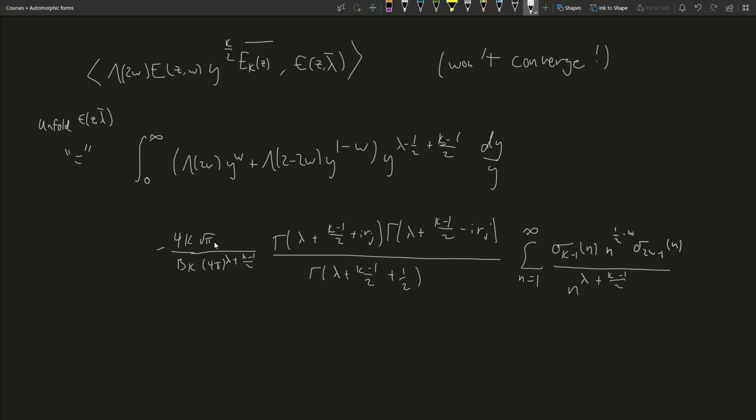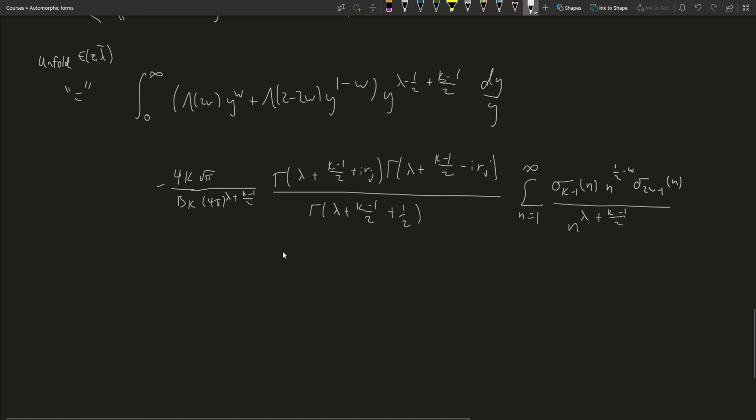And when I did this, I didn't get a lambda of 2w here, but I don't know where that went. Maybe there's a lambda 2w here, maybe there isn't. Oh, maybe it's because I unfolded the other thing. I'm not sure if I'm missing a factor of lambda 2w here, but I guess not, because in the other case I unfolded the other Eisenstein series. So you end up with this thing, and this second thing is fine, but this first thing